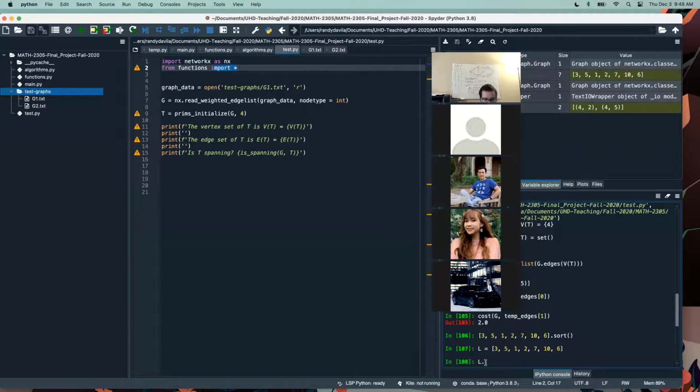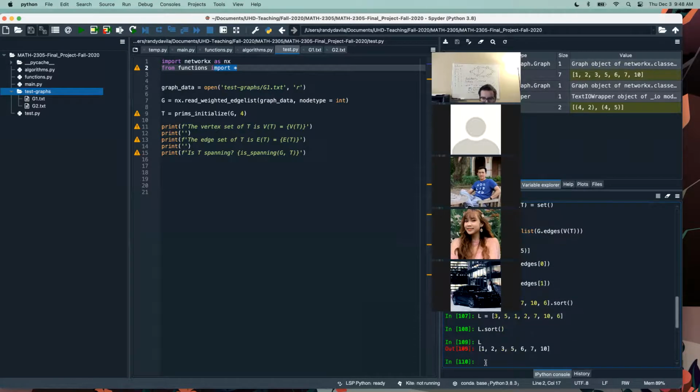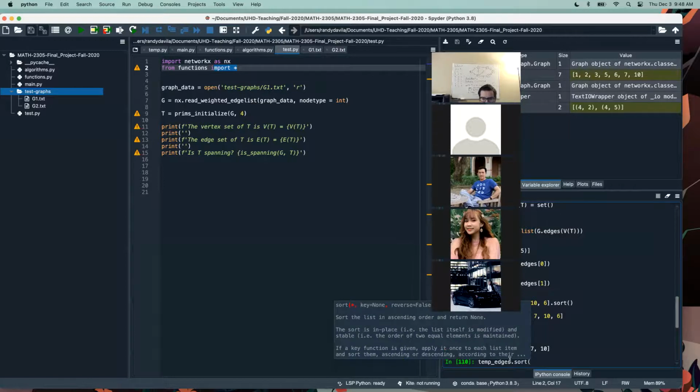So then L dot sort from least to highest, right? So if we could somehow sort this, but how could we sort that? Well, the way that we can do it is by calling what's called a lambda function. So we can do temp edges dot sort, and so the key is going to be, so we're going to say key equals, and then